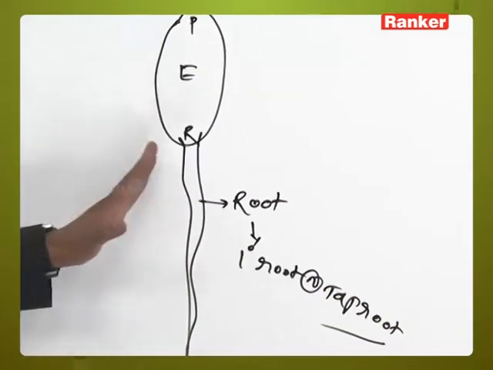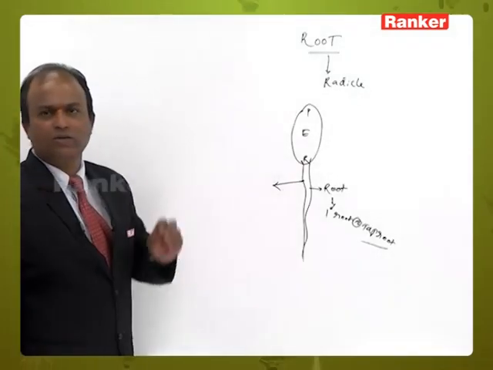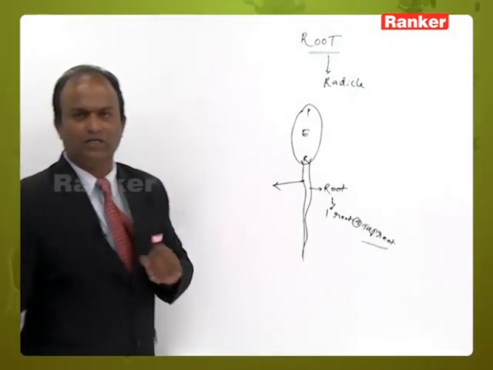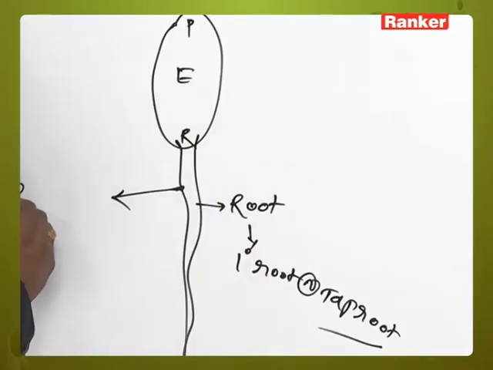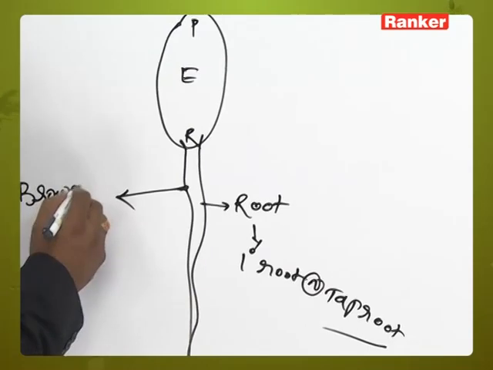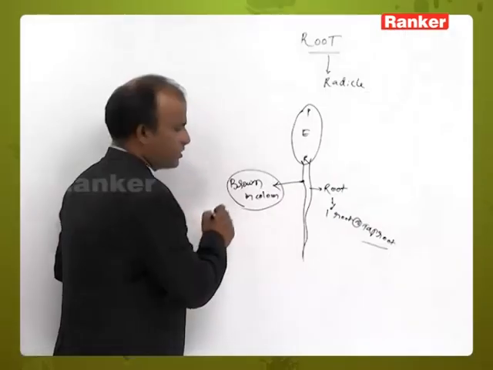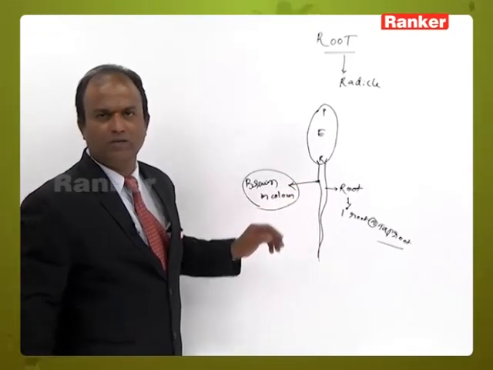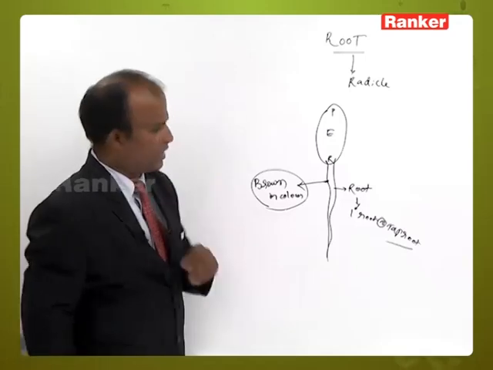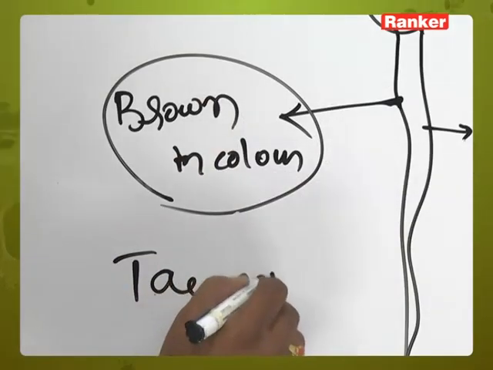So this root, in which color is it generally present? Root is generally present in brown color. So tell me, are all roots present in brown color? No. Why? Because in one plant, namely Taeniophyllum,